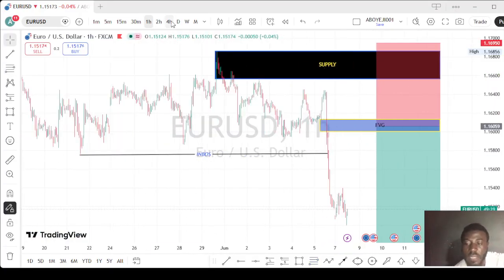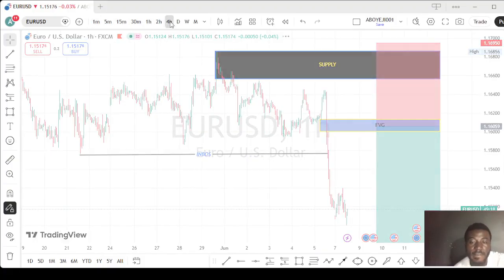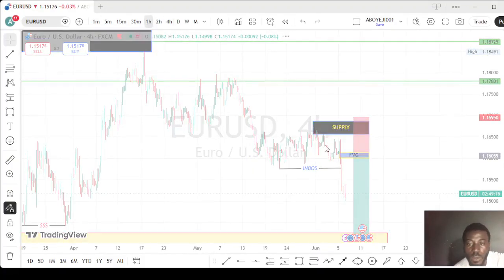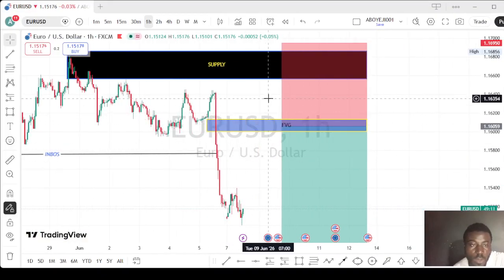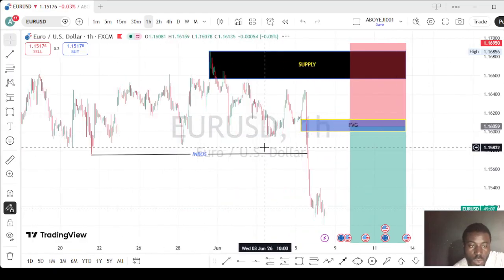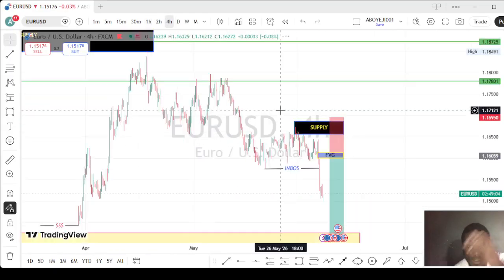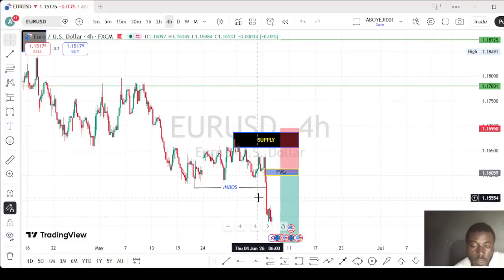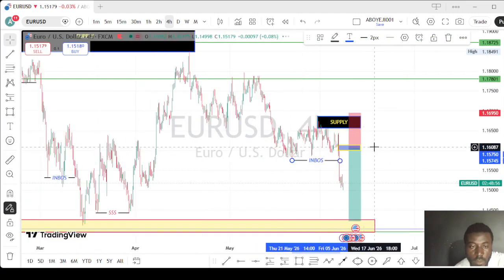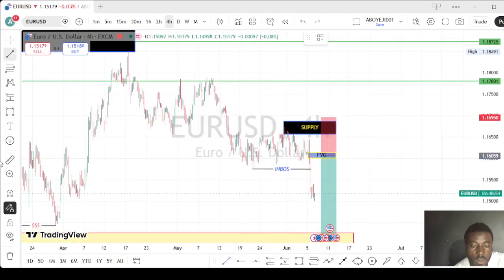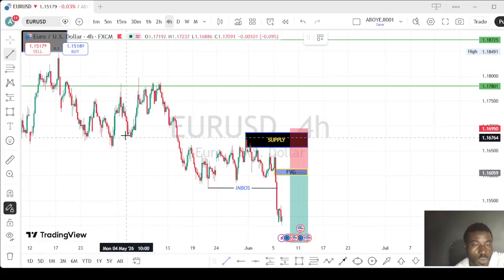Let's be expecting the market from that FEG. On 1 hour time frame, we said we should define the opportunity. This is where you can see if we define the opportunity, this is where we are going to see the opportunity also. So let's just sell the market from this FEG, because on 4 hour time frame, this is what we are seeing on 4 hour time frame.